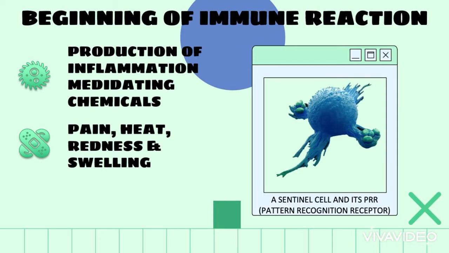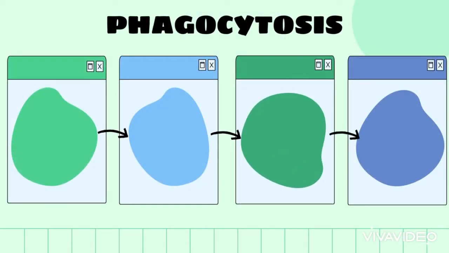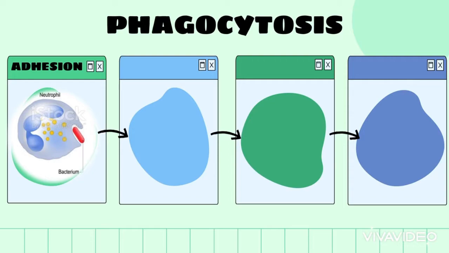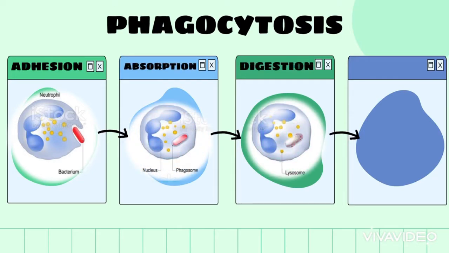They also make the monocytes stick to the blood vessel's wall and allow vasodilatation. The monocytes can then escape from the vessels to transform into macrophages and get rid of the pathogen. They set in motion the phagocytosis by 1. Sticking to the pathogen, 2. Swallowing it, 3. Digesting it,